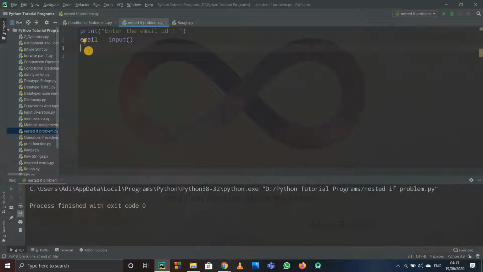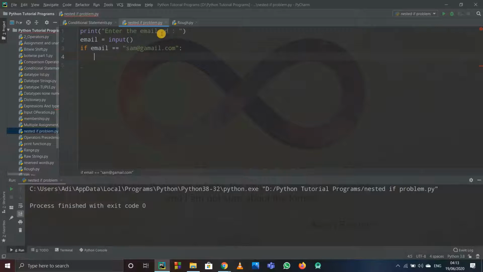Okay. After that, what we'll do? We'll check if that email ID is right or wrong. So we'll use an if condition. So if email equals, suppose I have this email ID, sam@gmail.com. Okay, looks fine now.